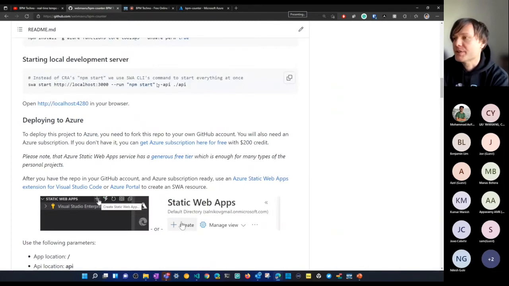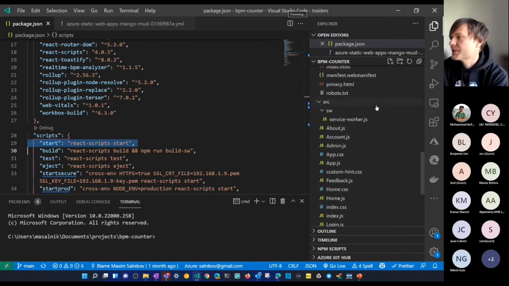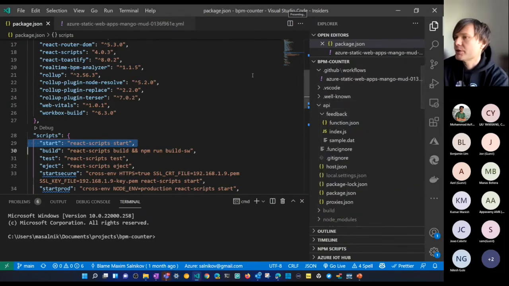Okay, let me show you at least a couple of things, and we will start from the build flow. Let me open the code editor. This is the BPM counter project.